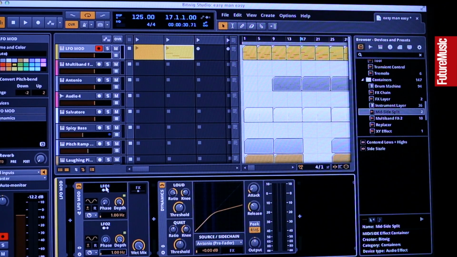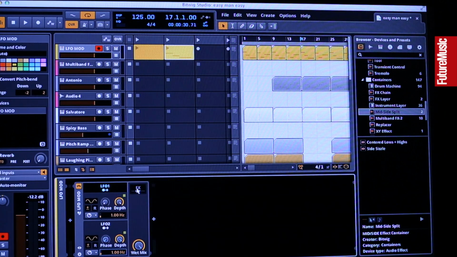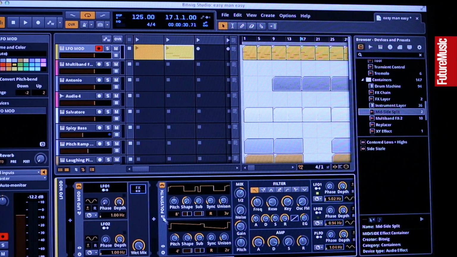You click on that LFO, and I put the polysynth in there. As soon as I click on that LFO button, I can assign that LFO to all controls that change the color to blue. By click dragging, I can set up the amount of modulation I want on that parameter.